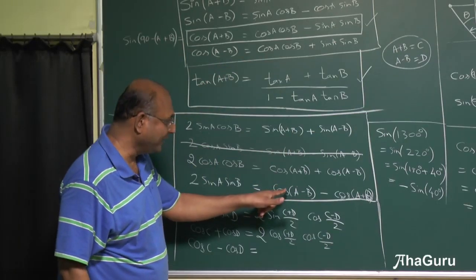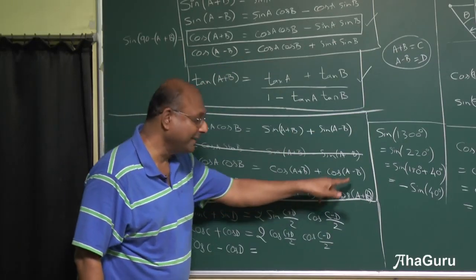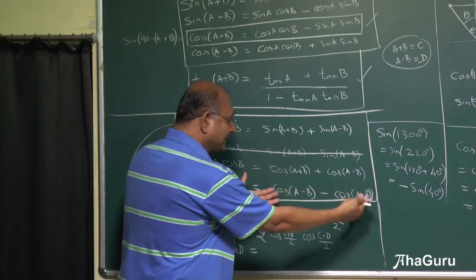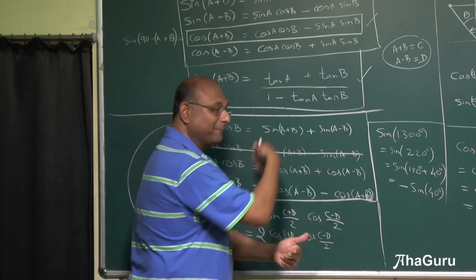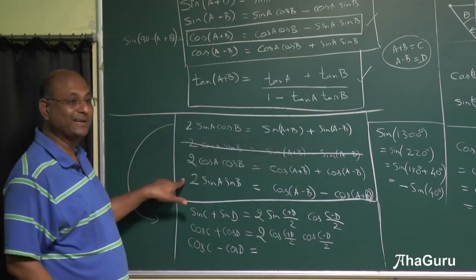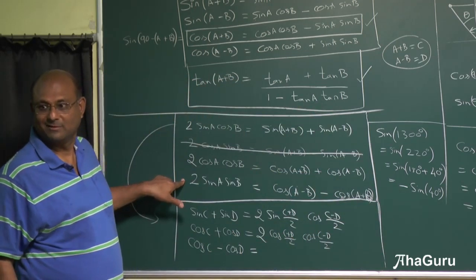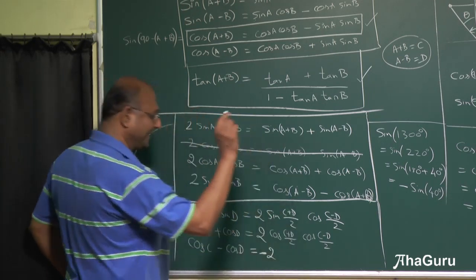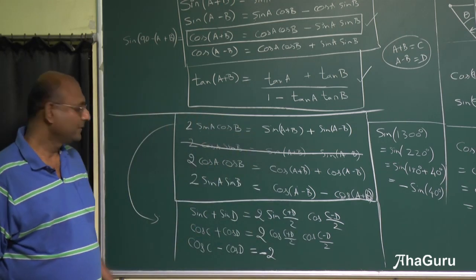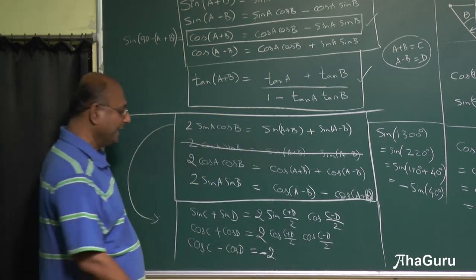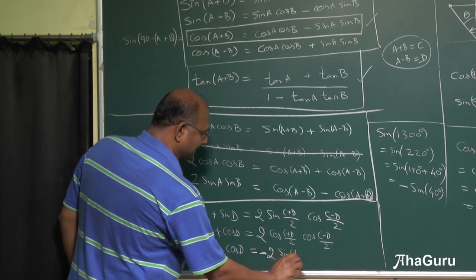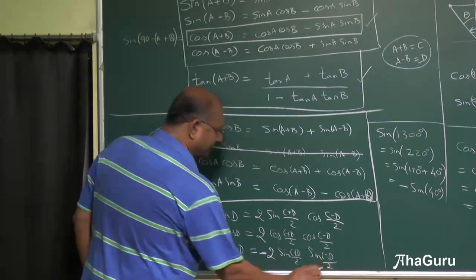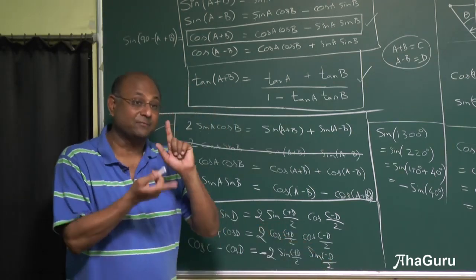But now if I want this to look like cos of A minus B minus cos of A plus B, it gets a little painful. Or just keep it as it is, reverse it, call this cos of A plus B minus cos of A minus B, put a minus sign here. Problem solved. Right? So we'll put a minus sign so it is easy to remember. Minus 2 what? Sin of C plus D by 2 sin C minus D by 2. Sometimes what people do is to take the minus inside there and write sin of D minus C by 2.